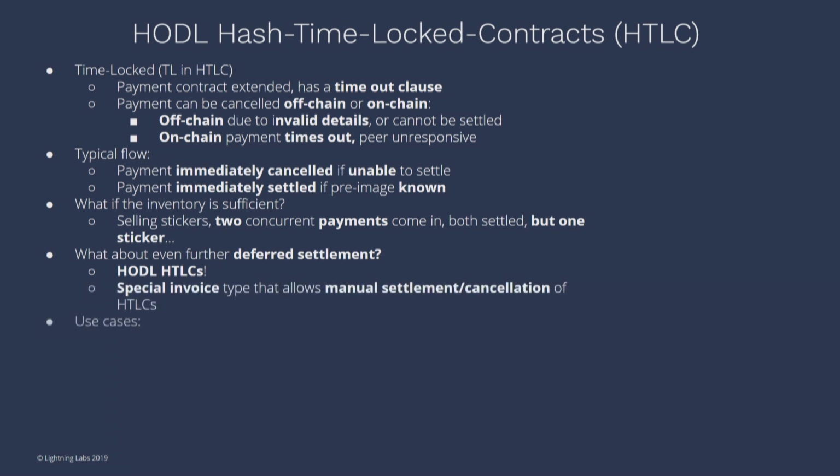So basically, a special type where the server won't automatically settle the payment instantly. Instead, it has manual settlement or cancellation of the payment, right? So what's going to happen? Let's say a payment comes in, they get a notification on their dashboard: we have one payment, can we settle it? This is the manual case. They click yes, and then everything's done.